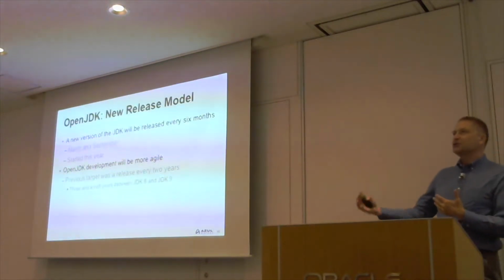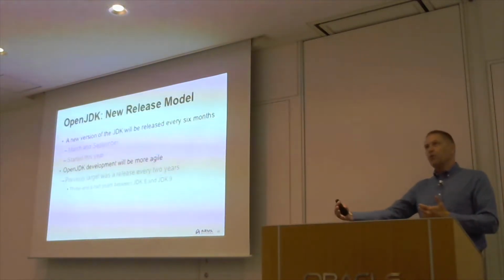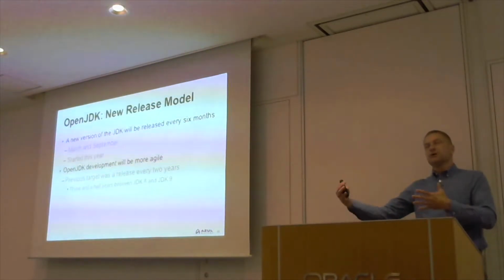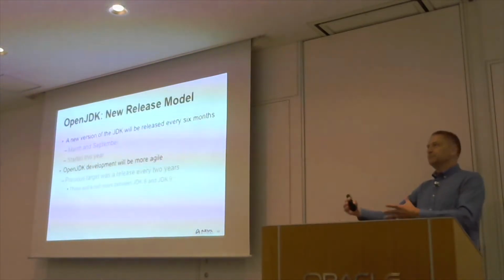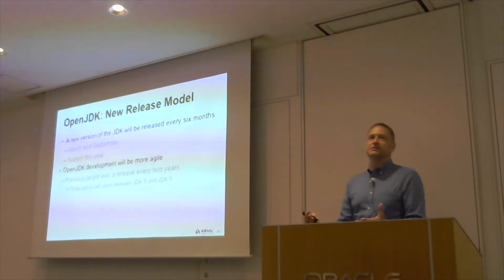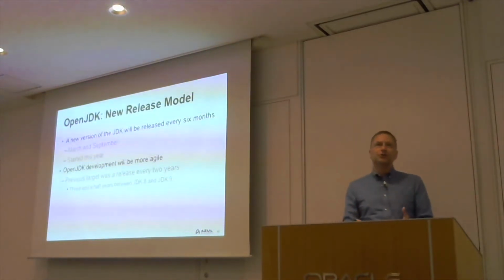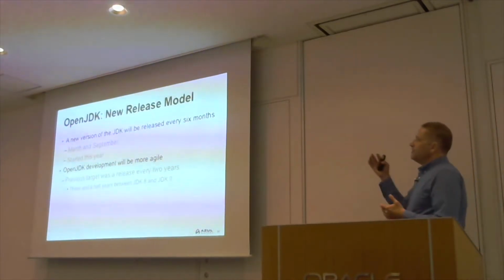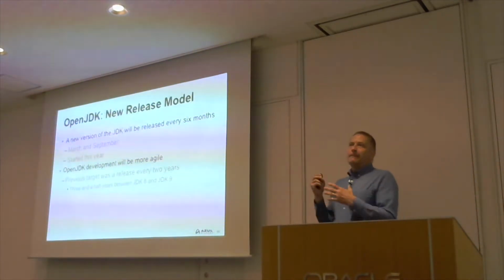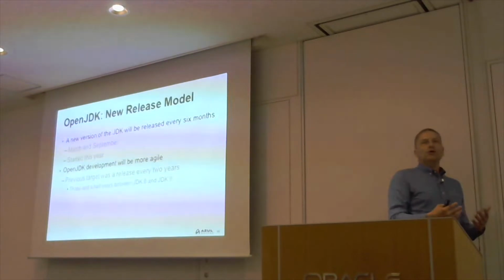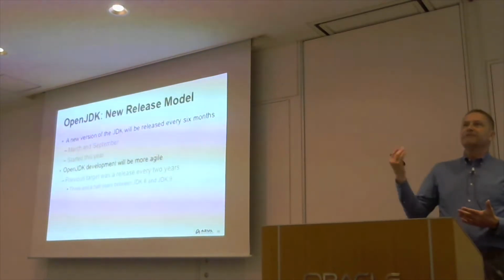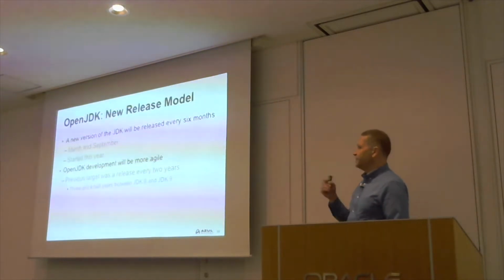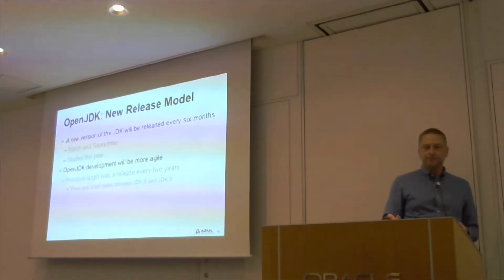We need a more agile approach where we can look at the requirements, we can respond to those requirements, and get the features to the users in a much more timely manner. That's the way that we develop software nowadays. We use agile methodologies, we don't use the waterfall approach that we used to use in the past. So the OpenJDK developers had a goal of a release every 2 years, and they never matched that. They actually never managed to get a release out in 2 years. It was 3.5 years between JDK 8 and JDK 9.